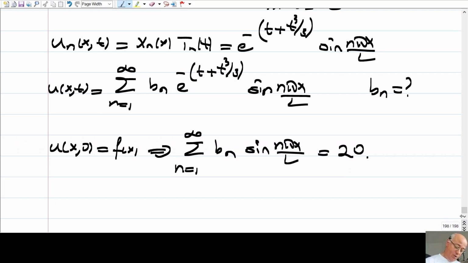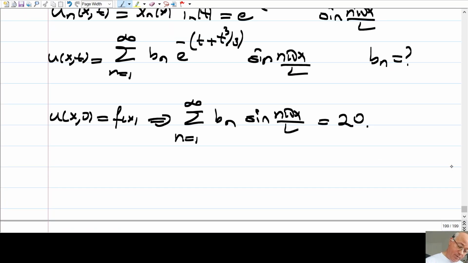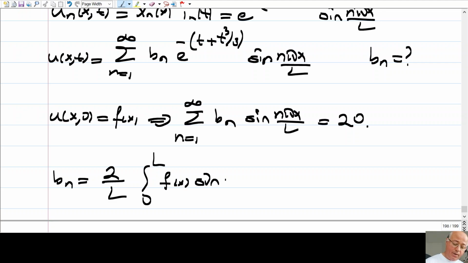Okay, so what is b_n then? b_n is just 2... So I need to write the sine series of this constant function. So it is 2 over L, integral from 0 to L of f of x sine n pi x over L dx. So it is 2 over L, and then I have